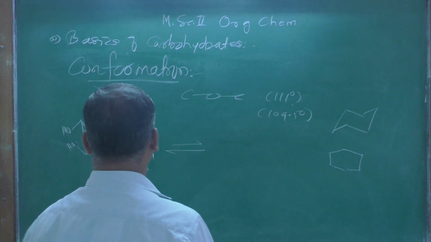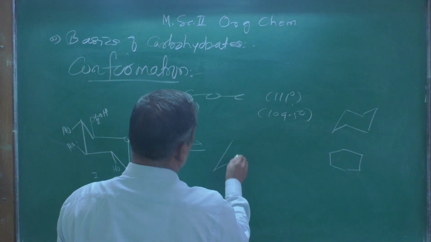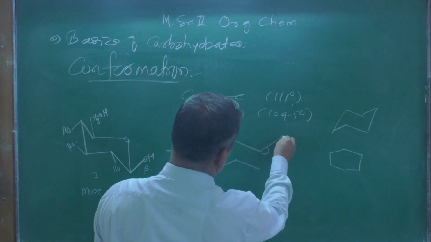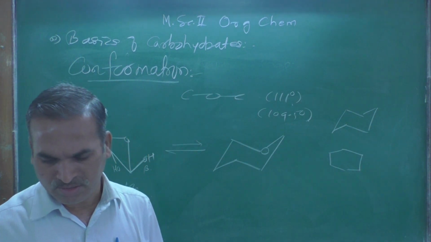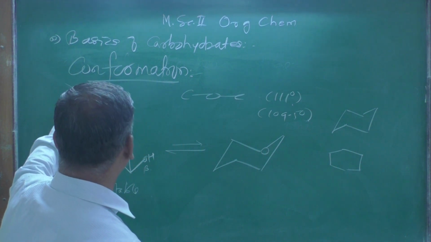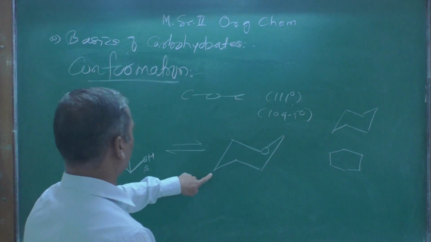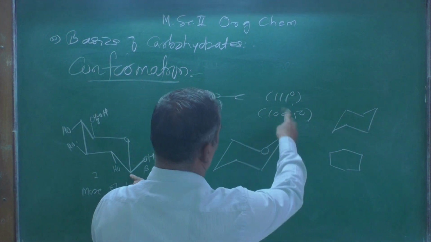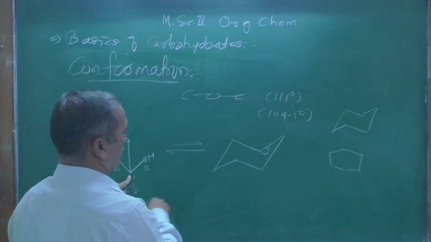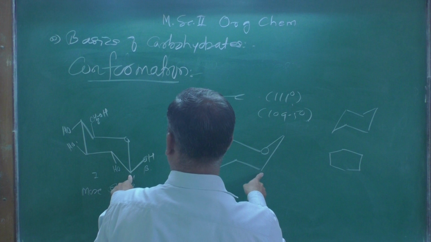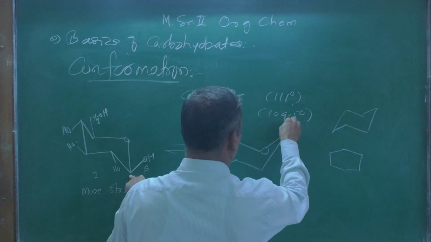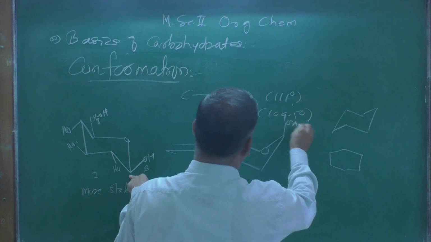And now after the flipping, what is going to happen? After flipping, you get this type of structure, right? This is the structure which we are getting over here. The top carbon atom goes below, and the bottom carbon goes above the plane. Now this is carbon number 1 we are considering here, and going above means that the hydroxy group goes to an axial position.